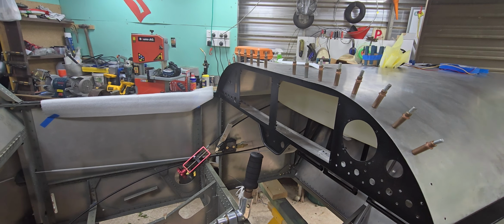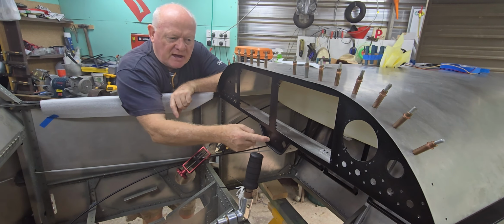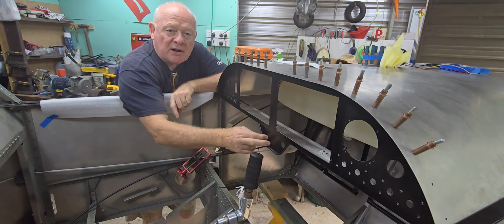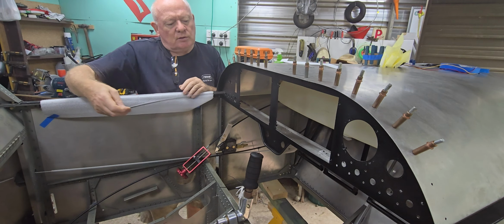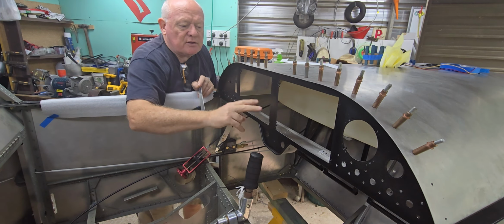Now when I say I'm not happy with where I put the mixture control, I don't mean it as such. I mean I'm not happy that where I've put it, we're now going to get this thing happening. It's going to put a lot of stress on the underside of the instrument panel itself. So I'm going to make up a couple of angled braces, if you will, that rivet to the underside of the instrument panel here and brace back to the top